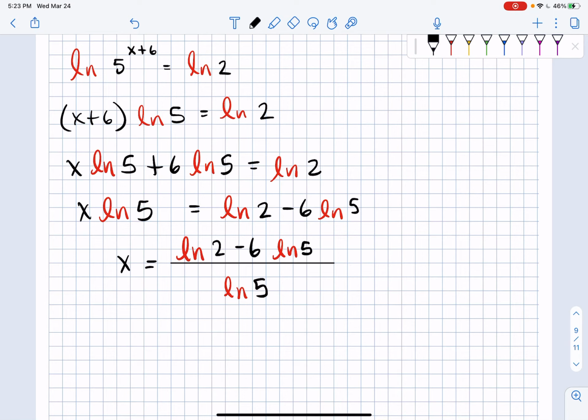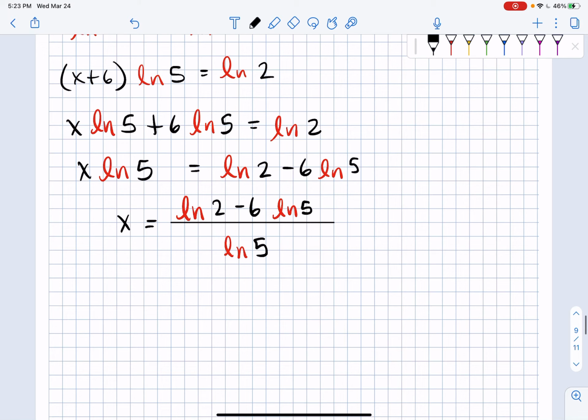So that would be my answer there, which you're like, dude, that answer is not there. You're like, well, here's what we could do. We could split the fraction, right? We could say that this is equal to ln of 2, let me do it this way, ln of 2 over ln of 5 minus 6 ln of 5 over